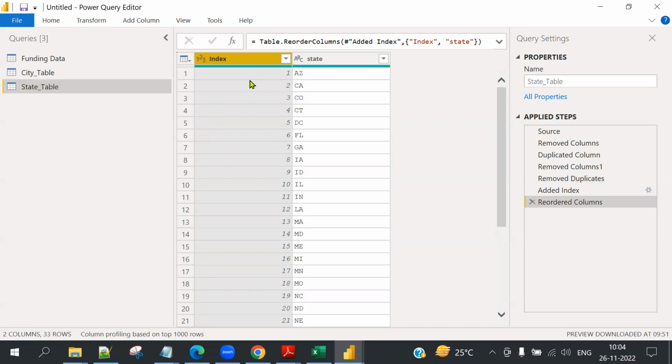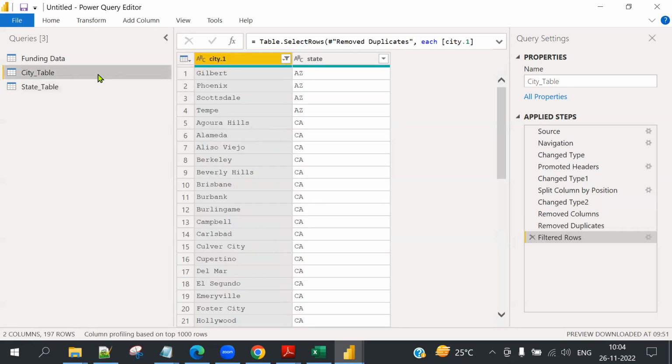These kind of surrogate keys are helpful in real time to perform data relationships faster. Don't take text values and date values in the joining. Always take these kind of columns in the joining. Now, this is the state index. Now this value I want in the city table. How is it possible? This is a major reason why I asked you at the beginning of our class the difference